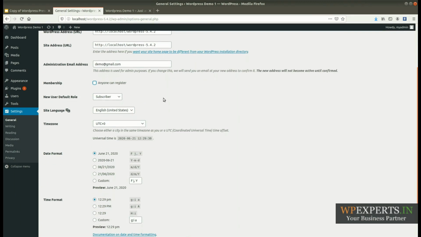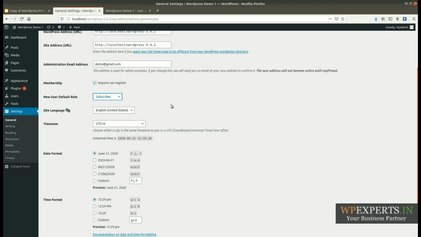And here you can see the role of the subscriber. If you have enabled registration and you want to give a particular default role to your newly registered users, you can set the new role here. This is a very important part of the website, and only a few developers have knowledge about it.